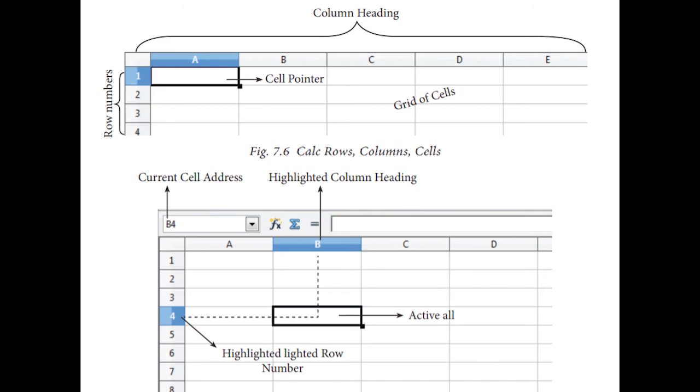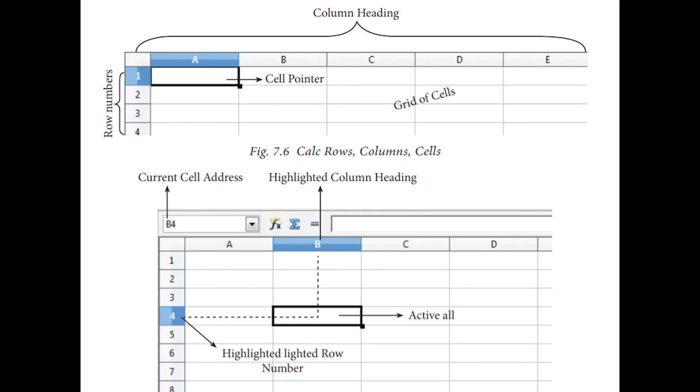Whatever we type will come in that cell, so we can identify that cell easily and just type in it, right? About this grid of cells, cell pointer, column headings, and row numbers, you would have got a clear idea, right? The highlighted column heading shows the column in which the cursor is; that cell is set as the active cell, and it will be written only there, right?